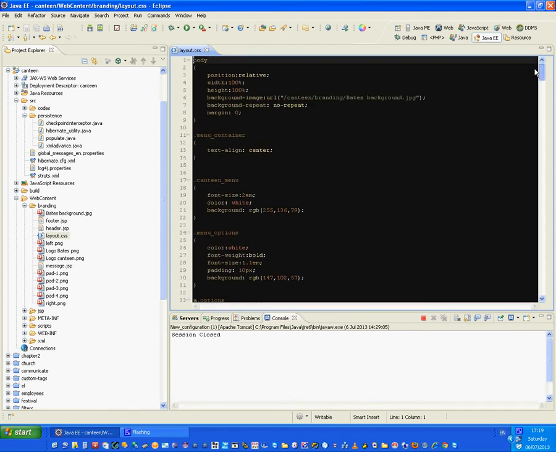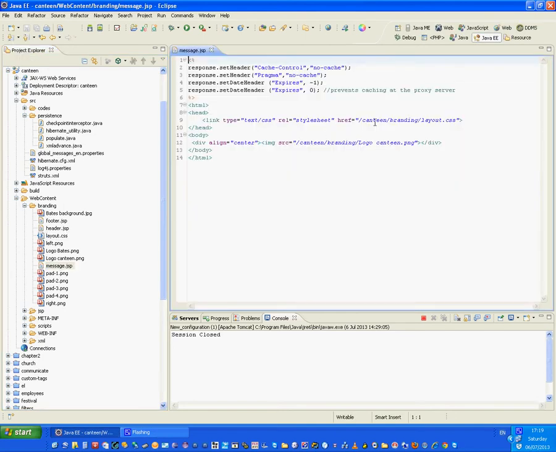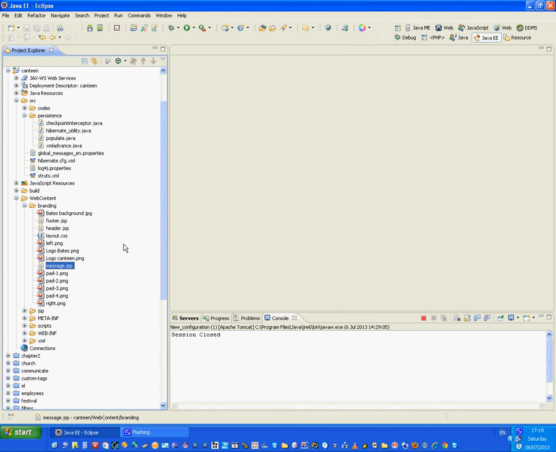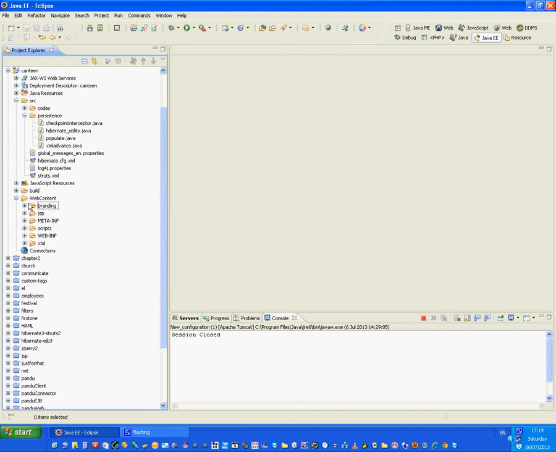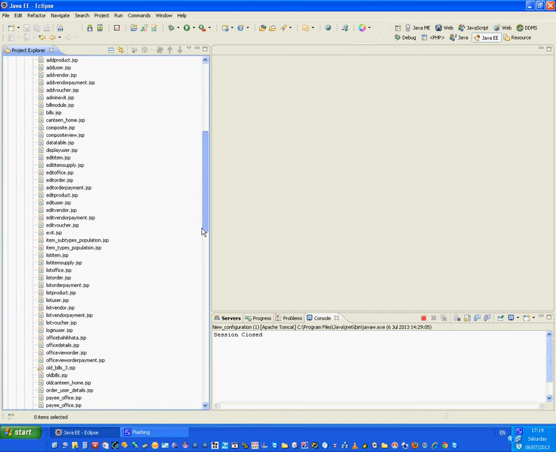This is the formatting of my application. These are support files. And then I'm using a folder called JSP for all my views which interact with the user.